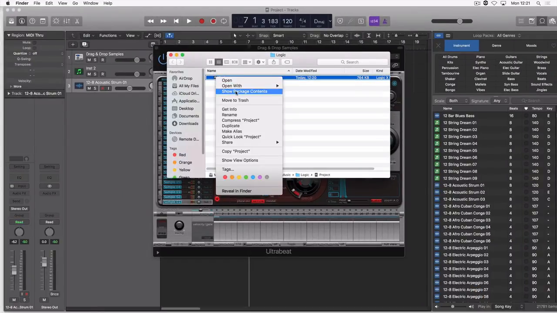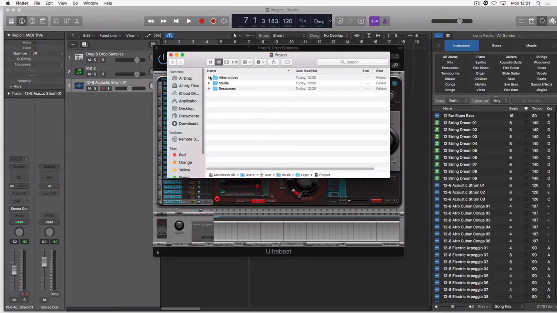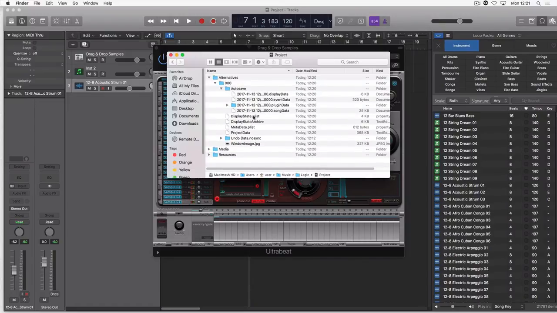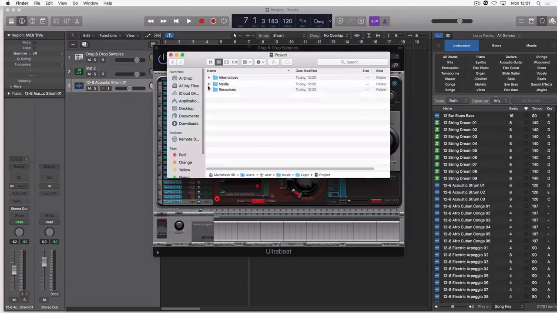If I want to look inside, I go Show Package Content, and it shows me these three pages. Now, alternative means alternative backup saved versions of the thing that you're working on. So that's quite handy if something's gone wrong and you need to go back and look at an autosave. Those are all the autosaves. Okay. Media,